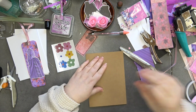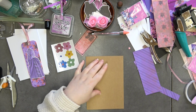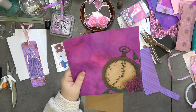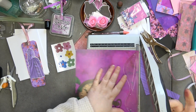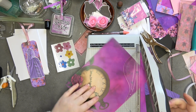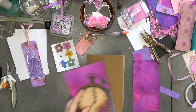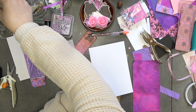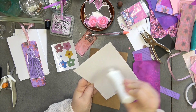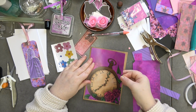Right, okay, so what I'm going to do is we're going to put some patterned paper on. So I'm going to grab, let's grab some of the pink. So I'm going to grab this one, and then I'm going to cut it at 6 3/4 by 4 3/4. Okay, so that's going to go on there. So again, let's grab our glue and let's stick this down like this. Okay,